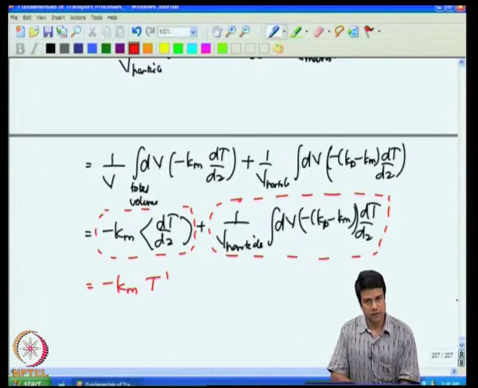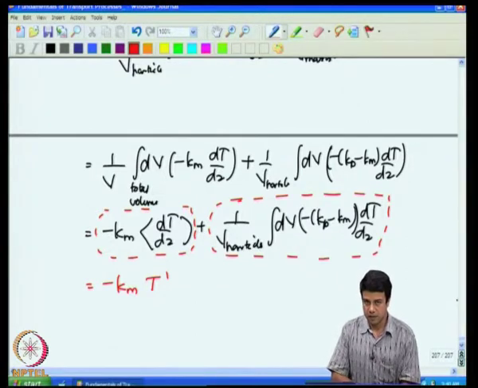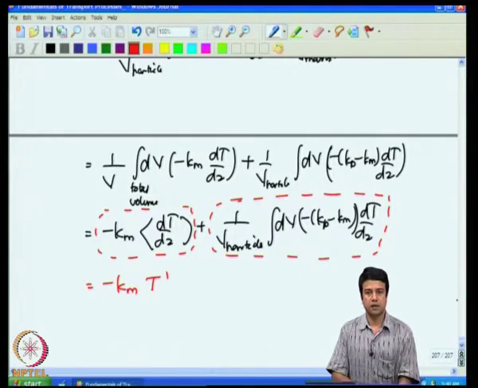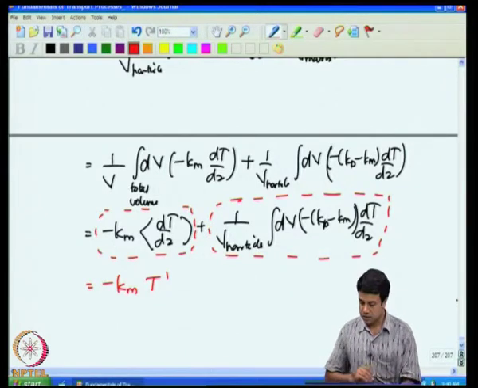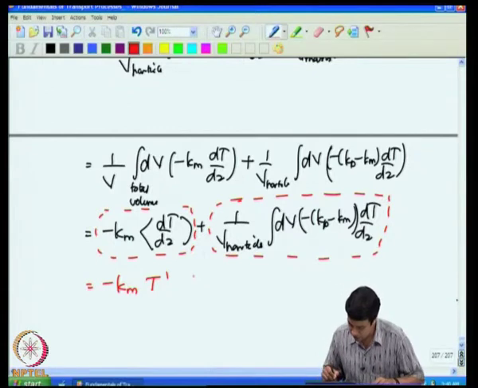This is an integral over all the particles. However, at the beginning I had made the assumption that the system is dilute, so that the presence of one particle does not affect the temperature field around the second particle. In addition, this depends only upon the temperature gradient locally near the particle. So, as far as this term is concerned, I can write this as number of particles divided by the volume of one particle,